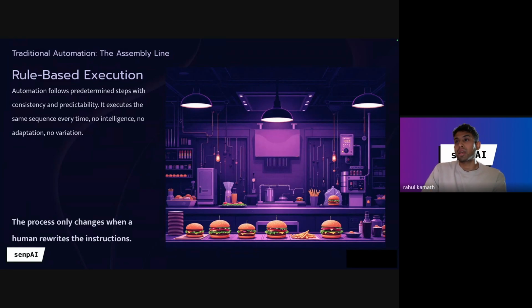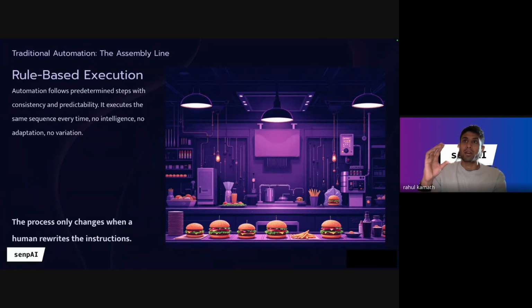Traditional automations are something which have been running for the last few years. And those are nothing but you give it a certain set of rules, and those rules are converted into a certain process. So, you give it an input, you get an output, and it's always the same thing. It's as simple as, let's talk about McDonald's, right? Where there's a conveyor belt and you need to make a burger. And the burger has a bun, lettuce, then tomato, patty, etc. And every time it's the same recipe.